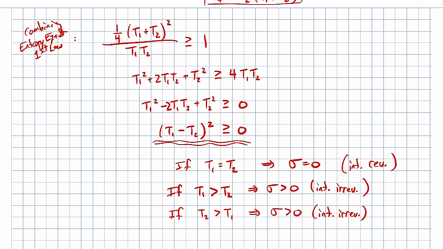So we've now shown that the only situation where sigma is equal to 0 is if T2 is equal to T1, then it becomes internally reversible. But all other scenarios, whether T1 is greater than T2 or T2 is greater than T1,